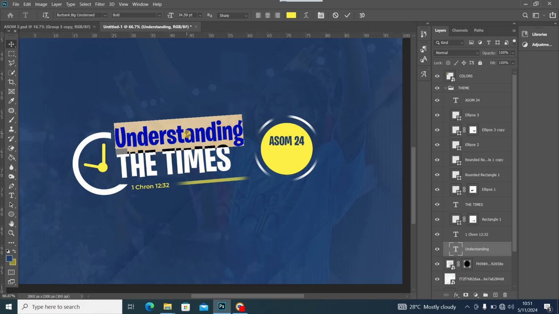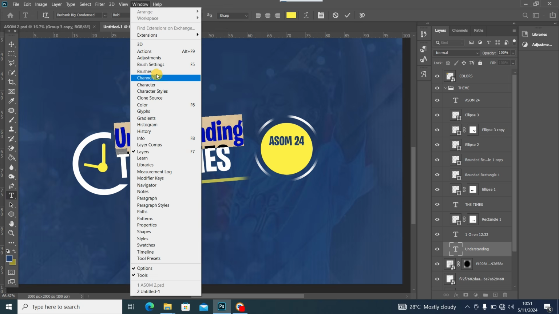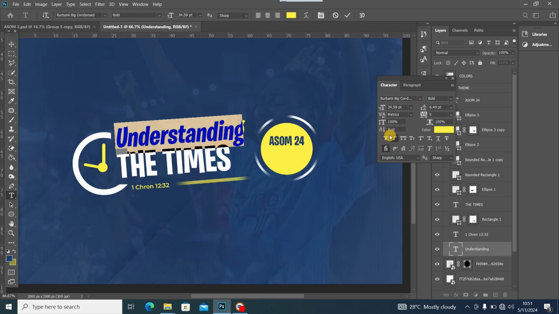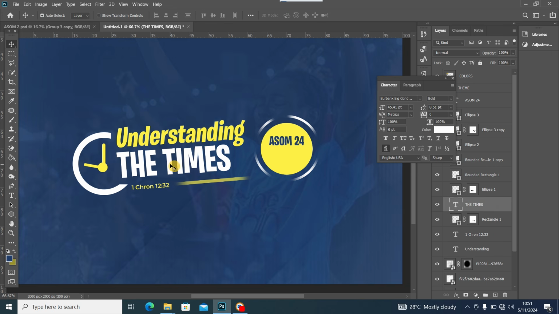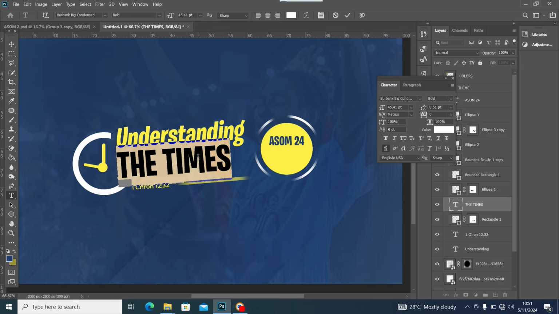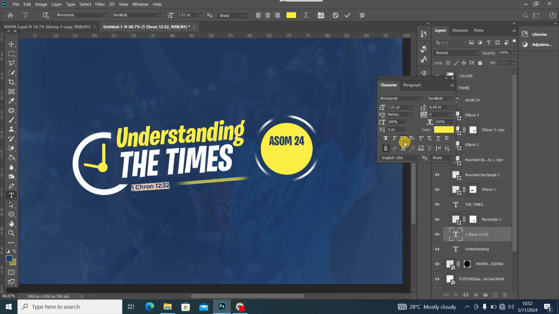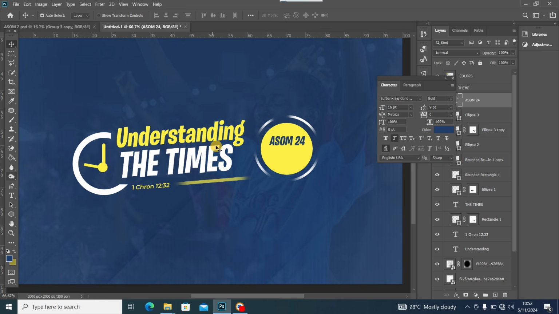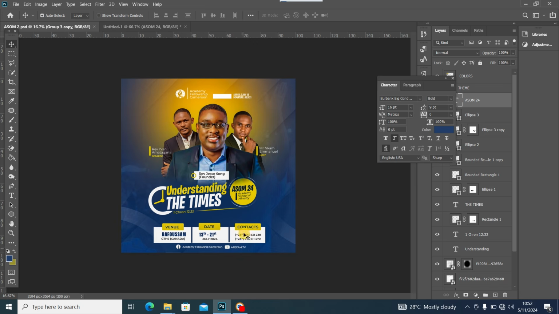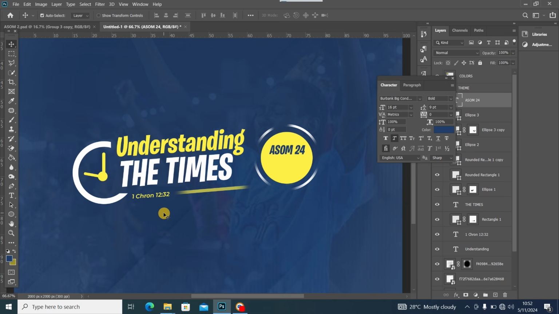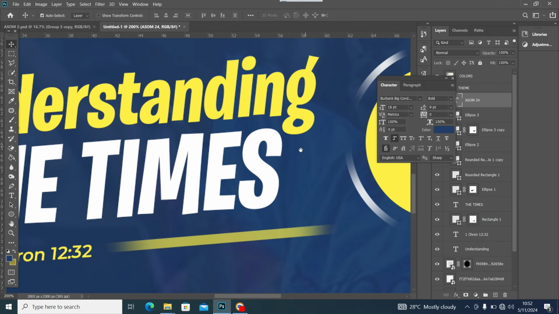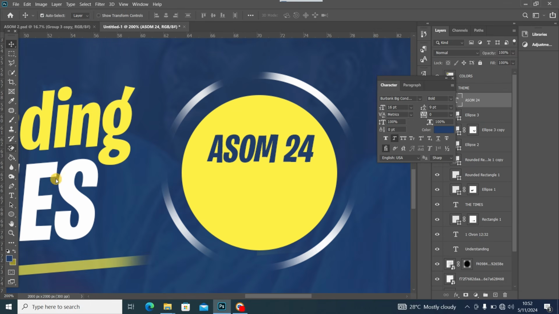And before we proceed, I'll italicize all of this text. I'll just go to character, click on italicized. Here also I'm going to do the same, select everything, italicize, here italicize, and here I'm going to italicize that also, and I'm going to type in Academic School of Ministry here. So I'll increase the size of this a little more, and for typing that in, I'm going to